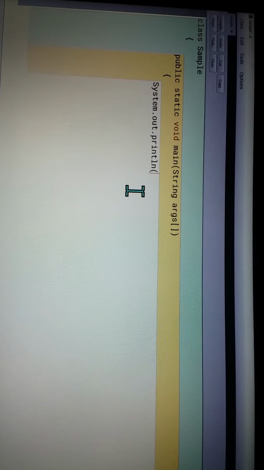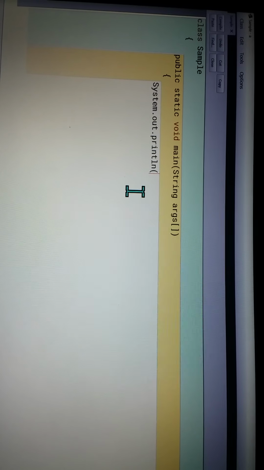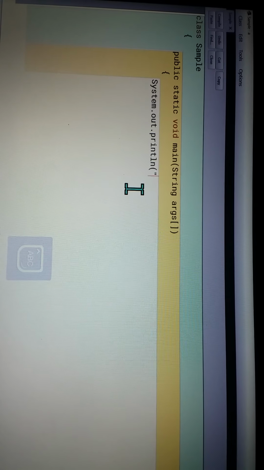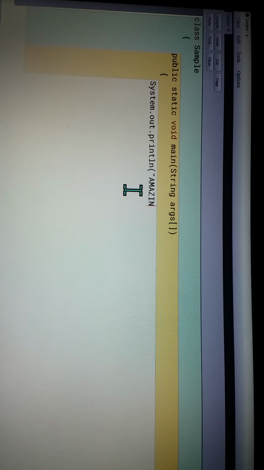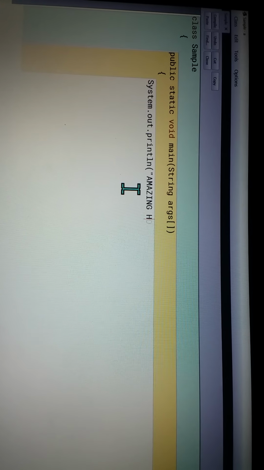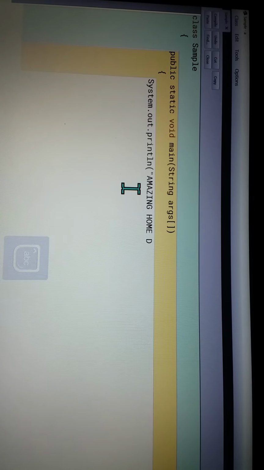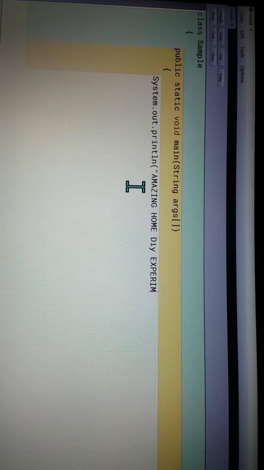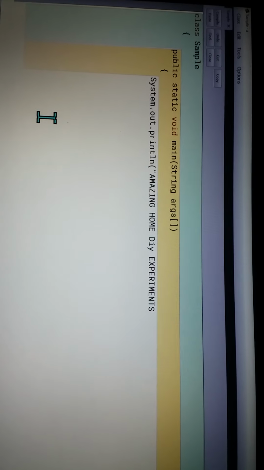Now what you have to print, you have to give in double quotes. For example, I am printing my channel name, Amazing Home Die Experiments.